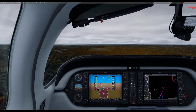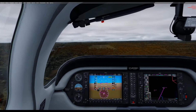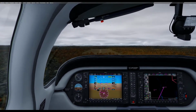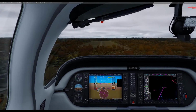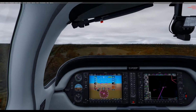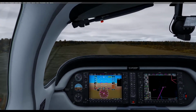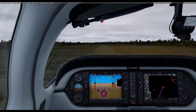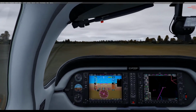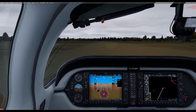How can you have such bad stutters? I've never had this with this plane before. Bloody 5 million foot high trees. There we go. There we come. Stutter, stutter, stutter, stutter. She's slamming me in the bloody ground now. That's quite a good landing, all things considered. Really don't know what happened with this flight. Just all of a sudden it just...